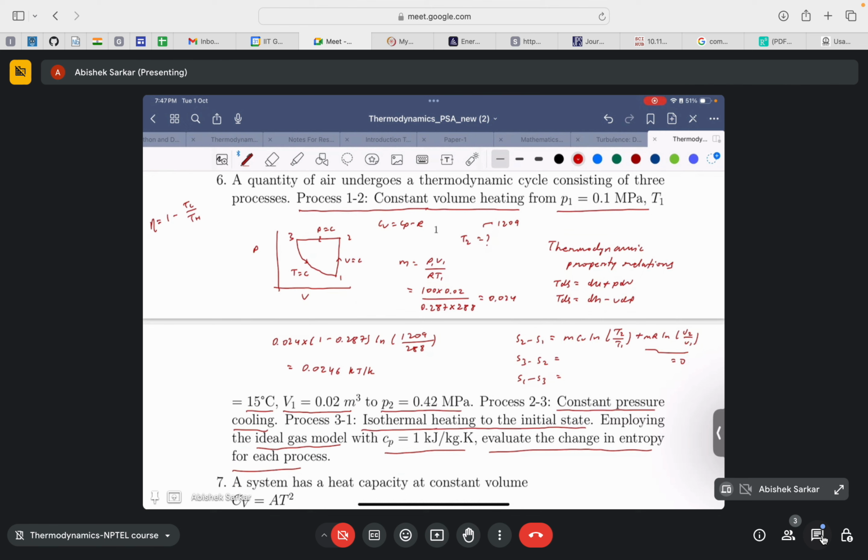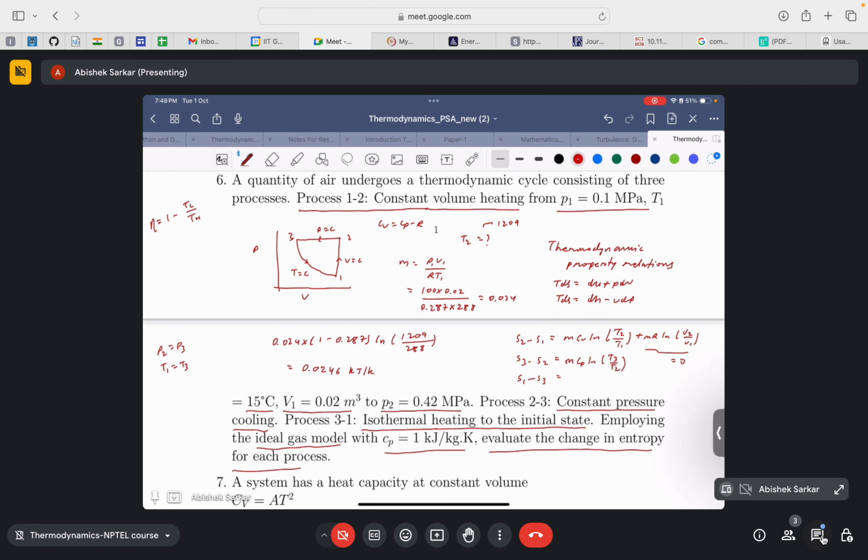It is constant pressure cooling. Okay. So what do you have? You have P2. Here you know P2, so P2 equal to P3, right? That's what you have. So you can write this as mCp ln T3 by T2, right? Now the interesting thing is that from this statement, isothermal heating to initial state, since it is isothermal, it will basically mean that T1 is equal to T3, right? So you will have T1 equal to T3,